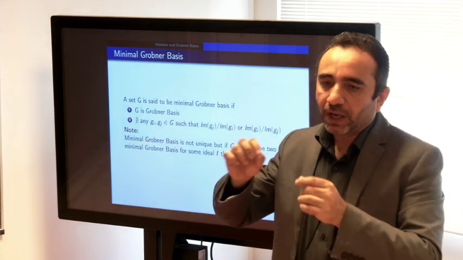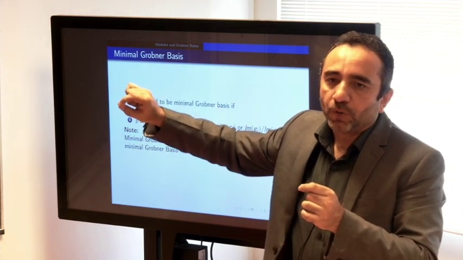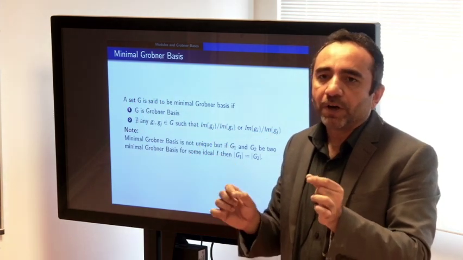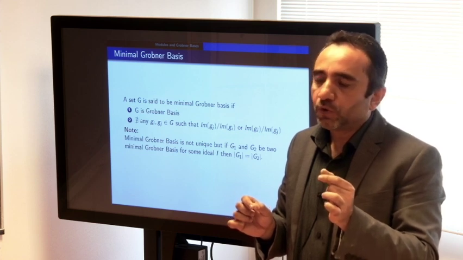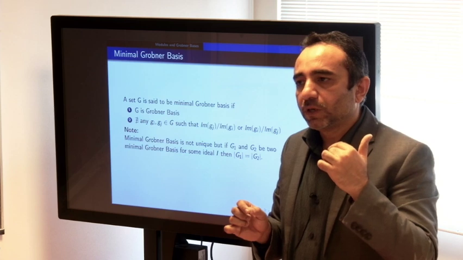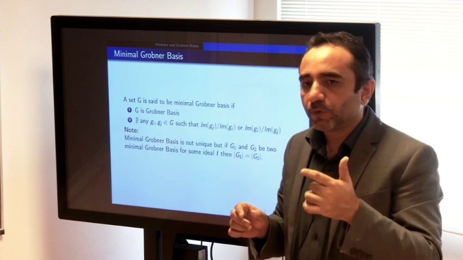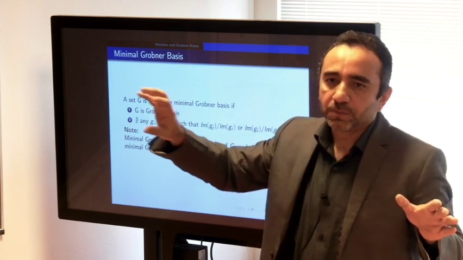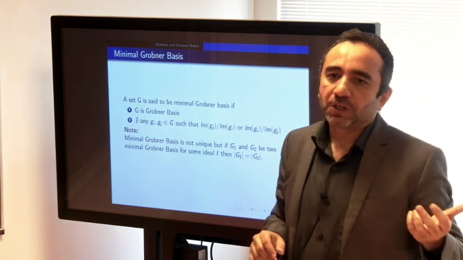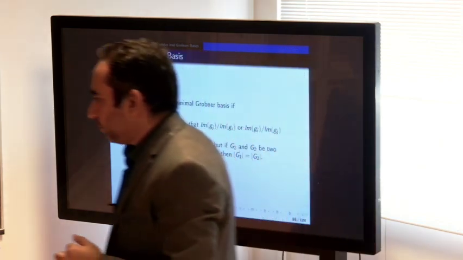we are each time adding some new polynomials. So by adding a new polynomial, there is a chance that there are a few polynomials whose leading terms may divide each other. So what we need to do is remove the one whose leading monomial is divisible by the previous one. That means we have to remove the larger element, so that the initial ideal will remain the same. It does not matter because